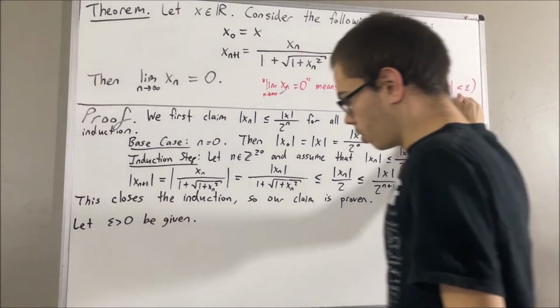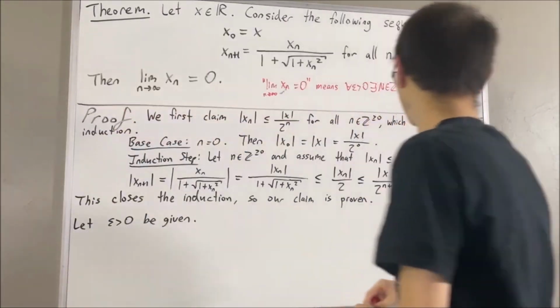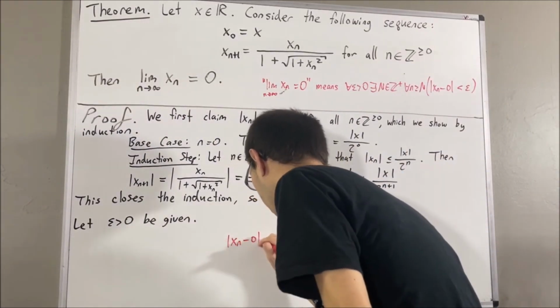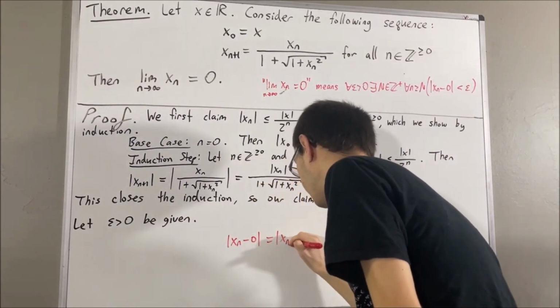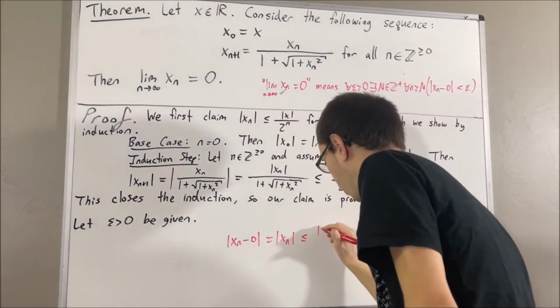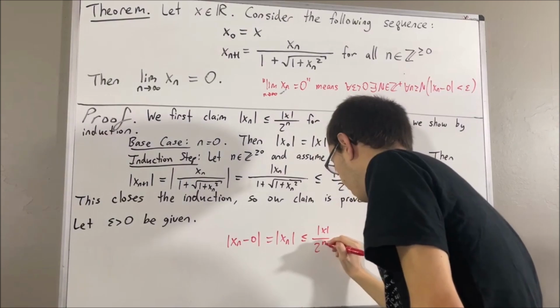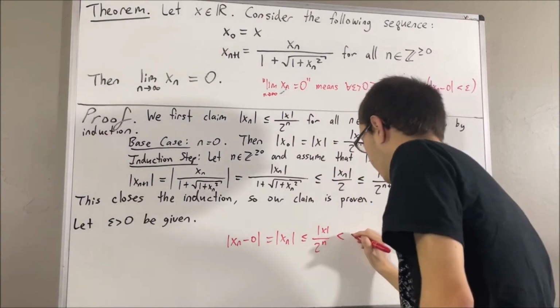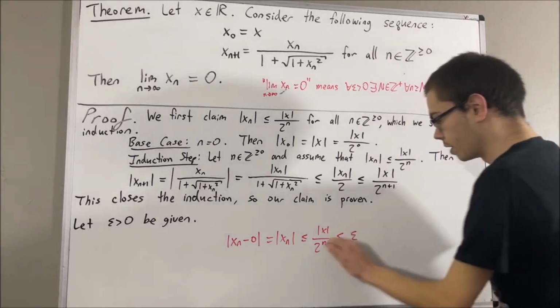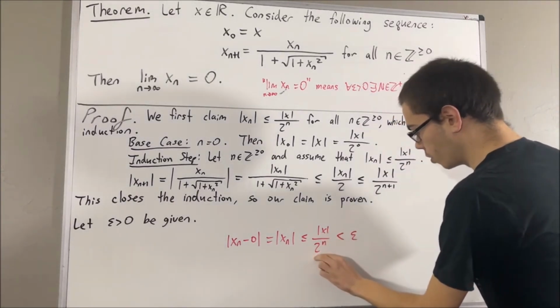So, what we're going to end up going through is, we're going to have absolute value of xn minus 0. This is equal to absolute value of xn, and by the result we just proved, this is less than or equal to absolute value of x over 2 to the n, but we want to somehow make this guy less than epsilon. Now, to say that absolute value of x over 2 to the n is less than